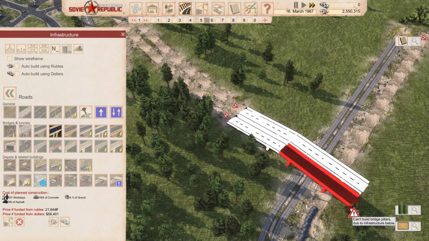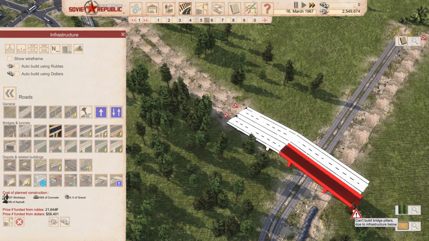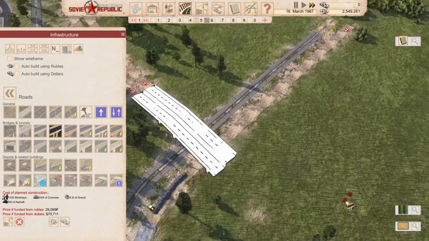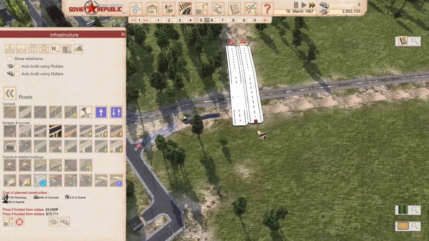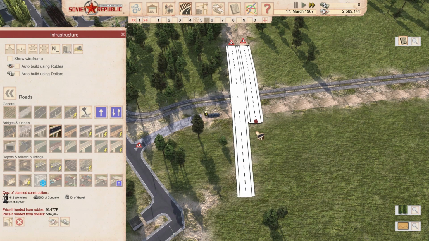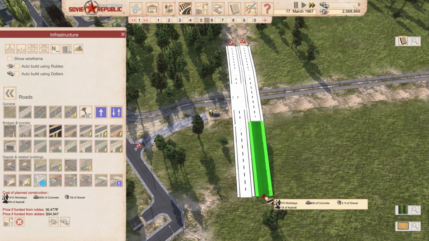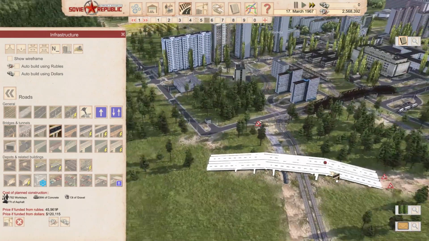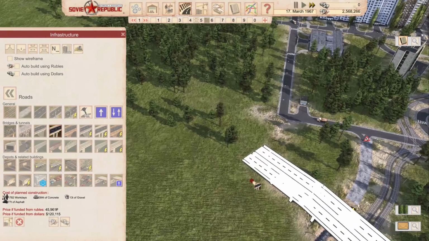Oh, here we go. I had it for a second. There we go. And hopefully I'm gonna be able to get them all down. Well, I can make one longer than the other, so that means I should probably build this one first. There we go, and then this one is going to be a wee bit longer, and voila! We have our overpass, and we're going to continue our...